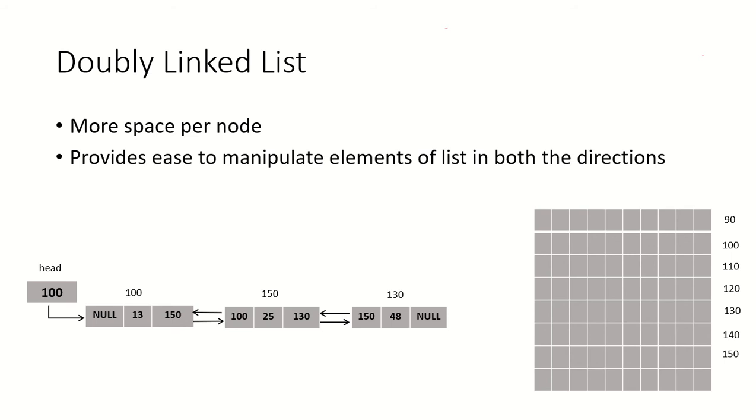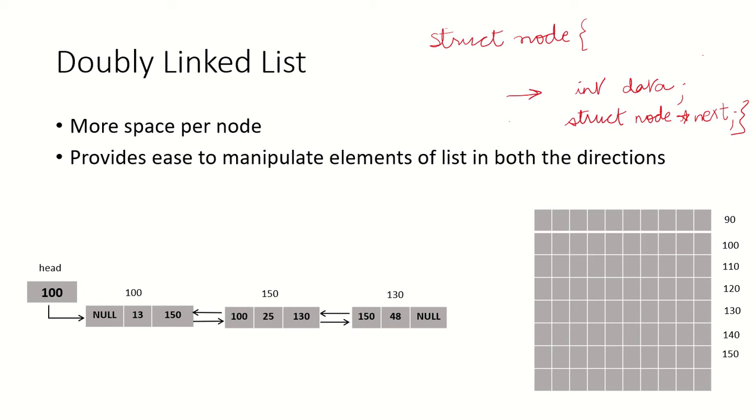In this video, we are going to take a look at a doubly linked list. We have seen that in a singly linked list, the node structure definition is that it contains some data, suppose we are storing an integer data, and a pointer to the next node, which will be a node pointer kind of thing, and let's call it next. So these are the two components which are contained in a singly linked list.